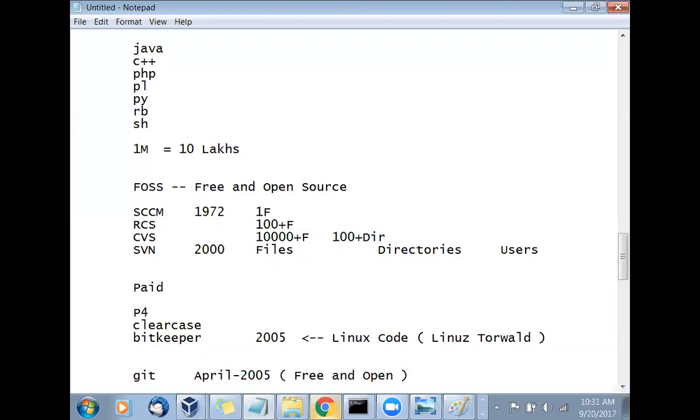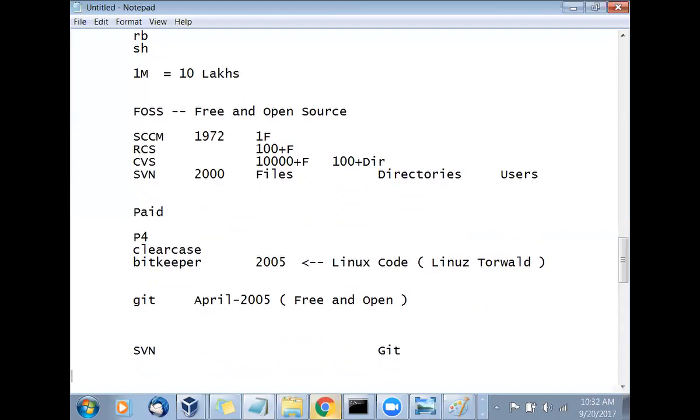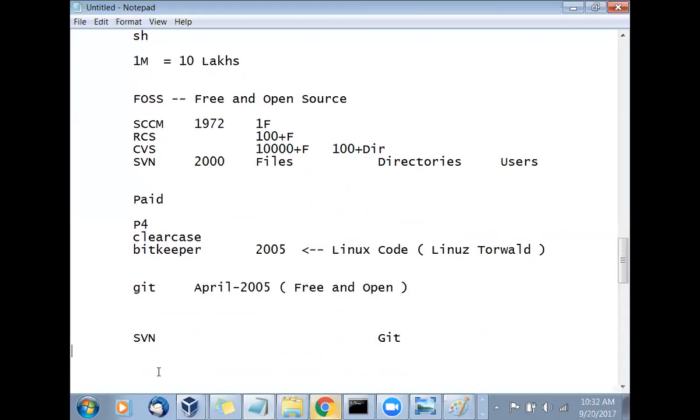Now, not only because it's new, it has lots and lots of advantages over the traditional SVN tools. So let's understand the traditional features. I'll go with SVN and then compare it with Git, so that we know why we are going with Git and not with SVN.